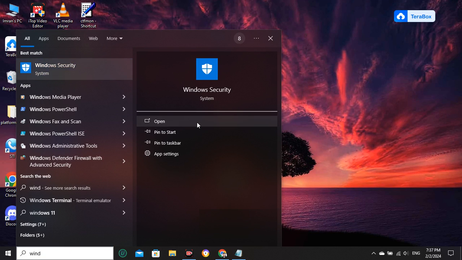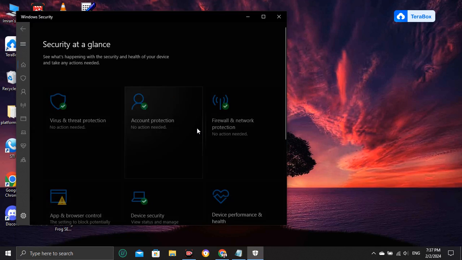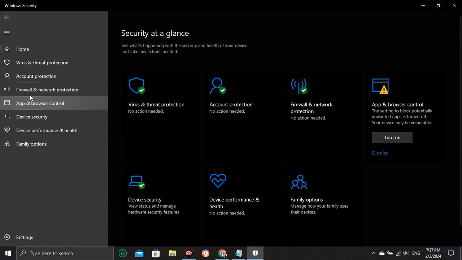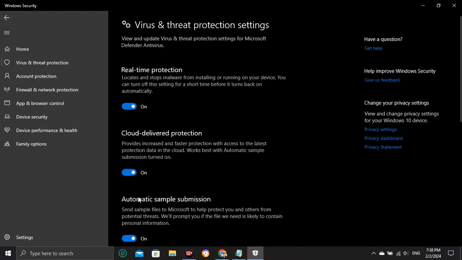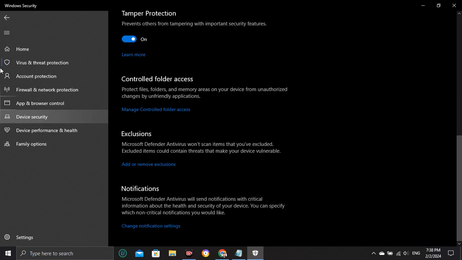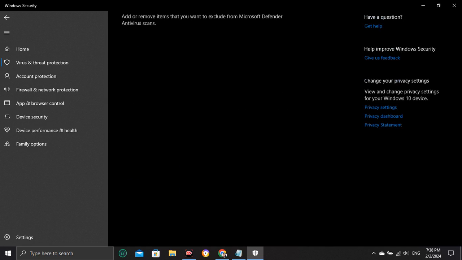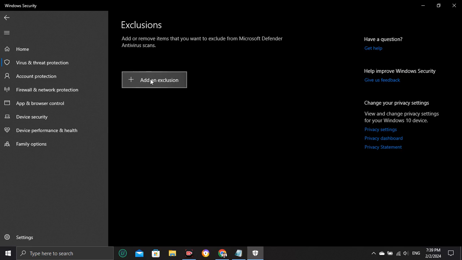Click on Open. Click on Virus and threat protection. Now click here, Virus and threat protection settings, Manage settings. Now scroll down and you'll find here this Exclusions. Under this Exclusions you'll find Add or remove exclusions. Click on this, click on Yes. Now just go to Add an exclusion,